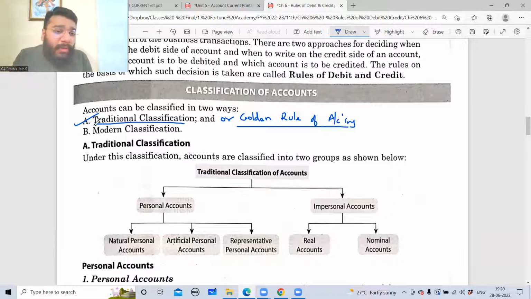And the second rule of debit and credit is modern classification. So as I said, the next two classes will be focusing on understanding what is the traditional classification. We'll do a couple of questions based on that. And then we'll understand the another method, right? So as per the traditional classification, guys,